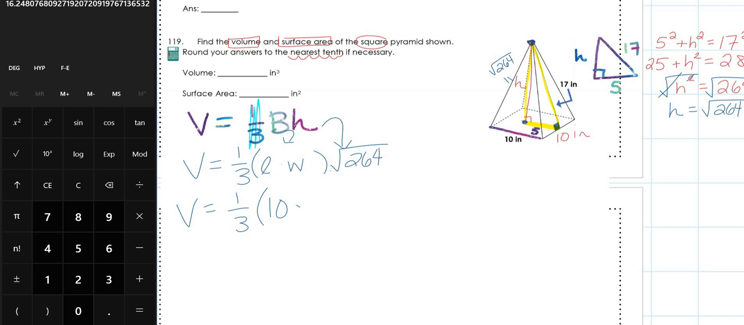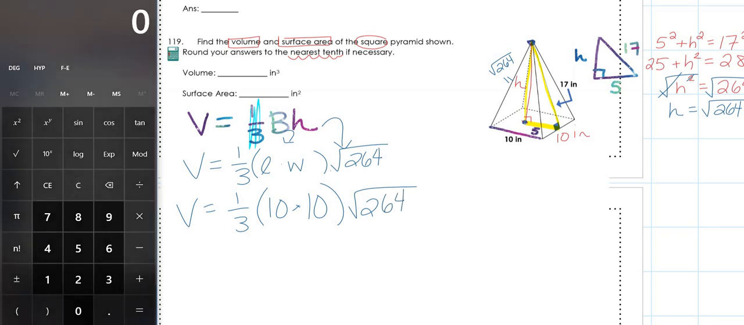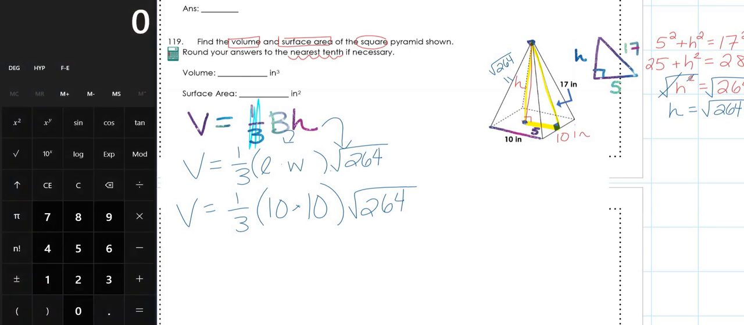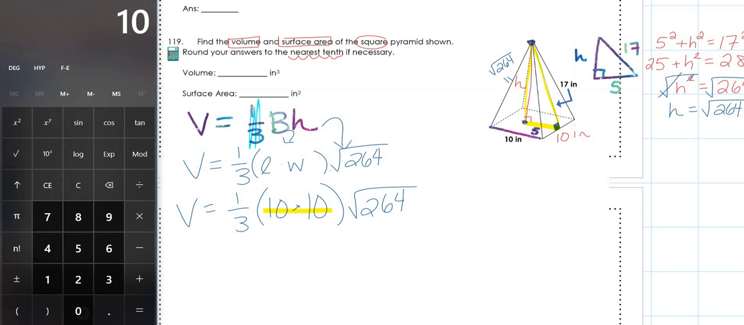So 10 times the 10 times the square root of 264. Now, this is all calculator work. So going to the calculator, we're going to start with the 10 by 10. I always like to start right here, 10 by 10. 10 times 10, you should know, is 100. Times, now I'm going to do the 264 square rooted. So 264, hit the square root button. It tells you that's the square root of 264. Now hit equals. So it's